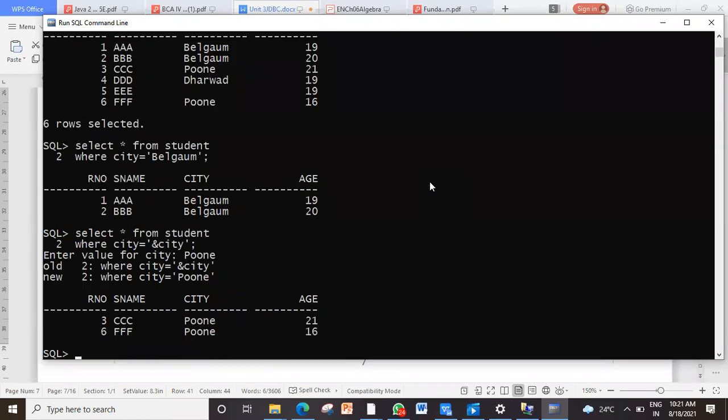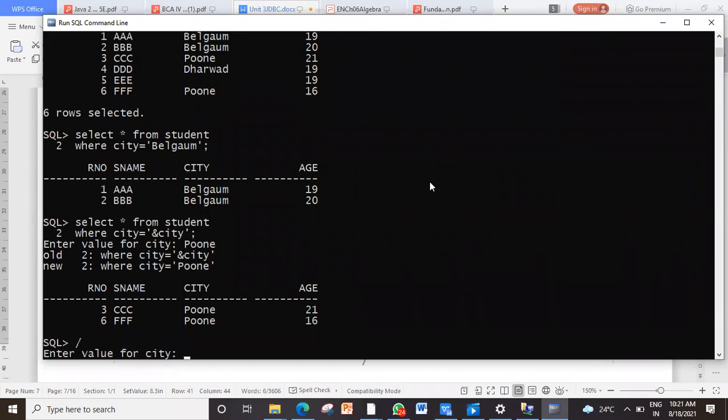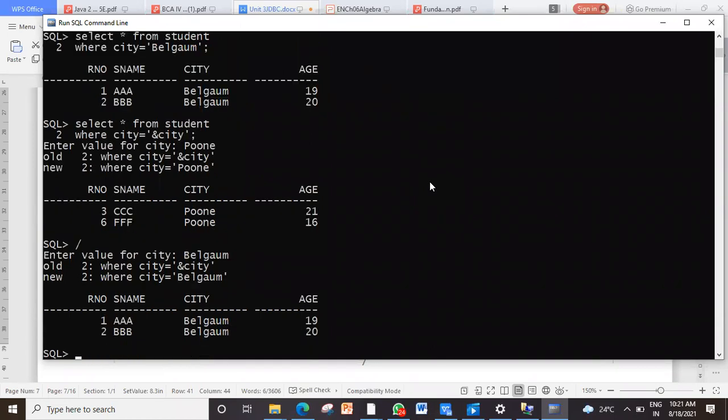So it will display the students who belong to Pune. If I execute the same query, it will ask me the city now. So the same query is pre-compiled and kept ready. Only the values of the city have to be passed dynamically and it will execute.